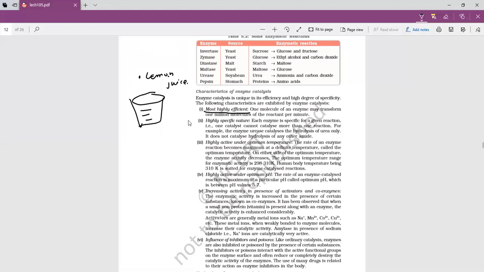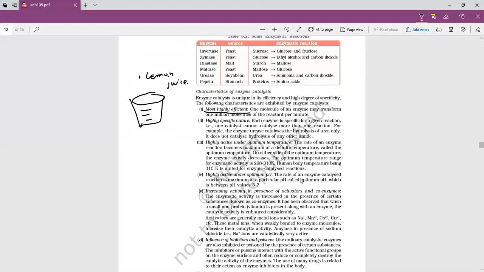Similarly, it is highly specific in nature. Just like every key is specific for a lock, every enzyme is specific for a particular substrate. Now you might have noticed that during fever, we get bad taste in our mouth. We don't feel like eating. This is because when temperature of the body increases, then our enzyme also becomes weak. So the digestive enzymes or the enzymes which are there on our tongue become very different. As a result, we don't get the right taste, and even digestion problem also starts.